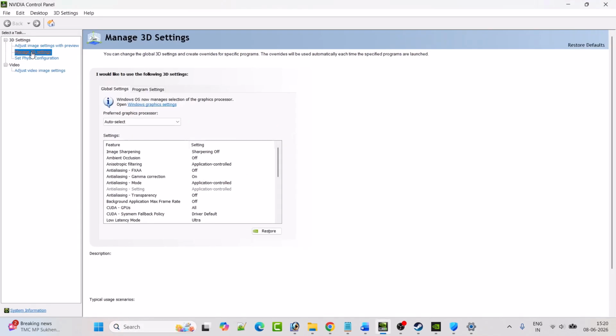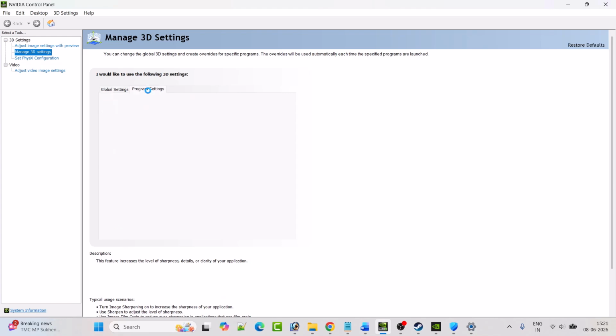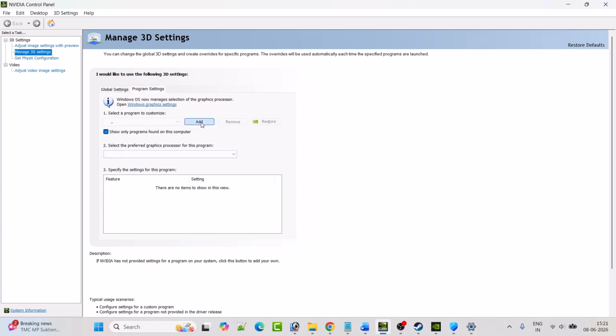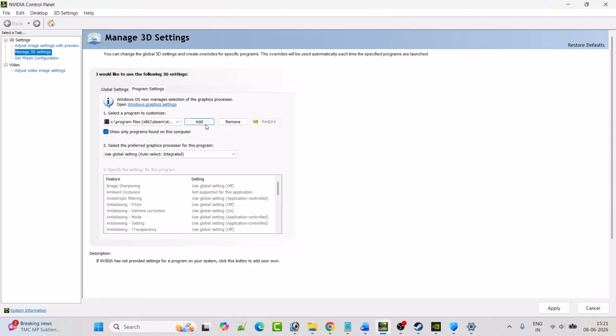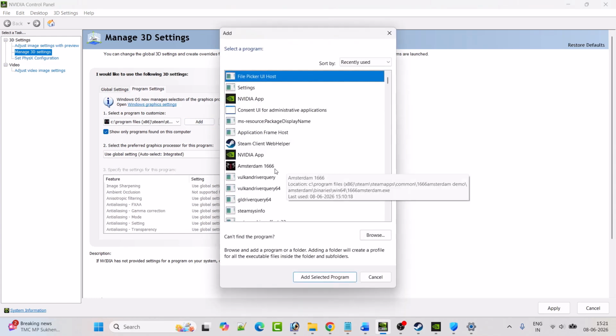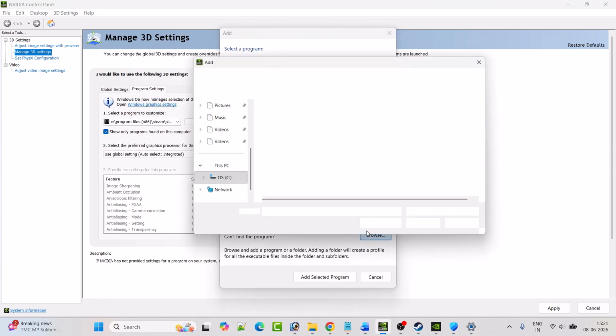Then go to Manage 3D settings, then go to Program Settings, and then click on Add. And from the list over here, select Amsterdam 1666 game, and then click on Add Selected Programs. Now, if you don't see Amsterdam 1666 in the list over here, then click on Browse, and then browse to